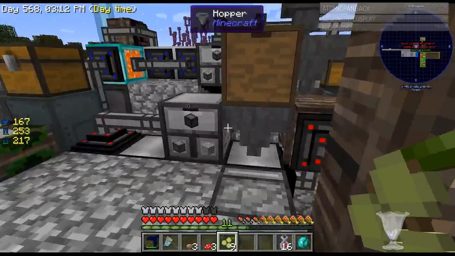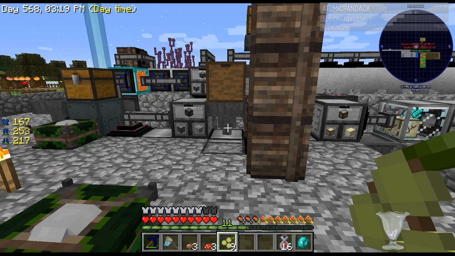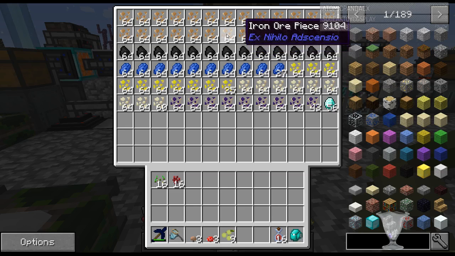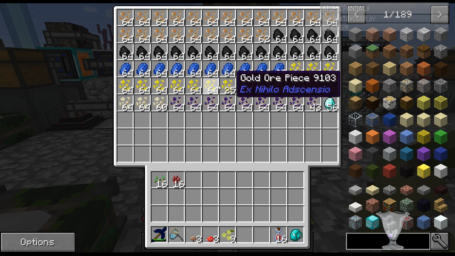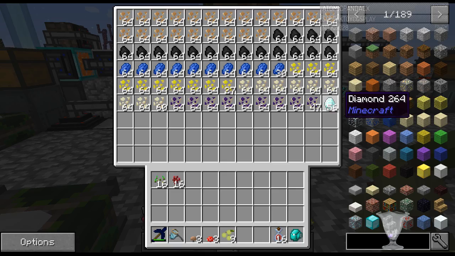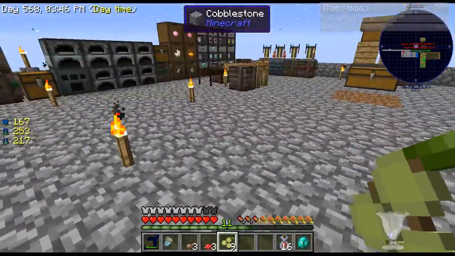At some points in there, we cut it off, and I don't know what we're currently sifting, but we are auto sifting, and it produces iron pieces, coal, lapis, nickel ore pieces, gold pieces, lead ore pieces, diamonds, and that's it. So that's what it's producing. What you do is you then take those pieces